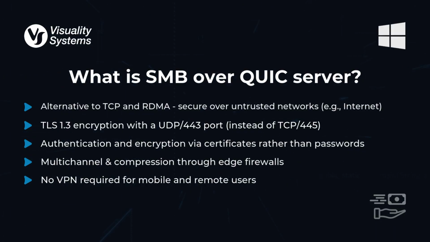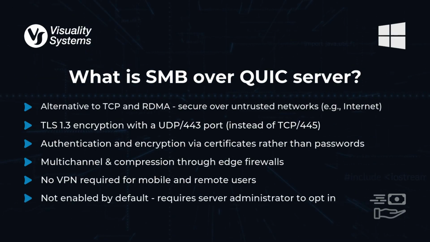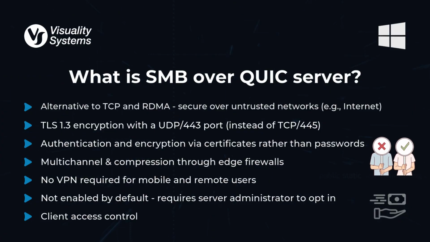By default, SMB over QUIC is not enabled, and a client cannot force a file server to use it. Instead, a file server administrator must explicitly opt in to enable SMB over QUIC. Additionally, client access control, covered in a separate video, allows administrators to restrict which clients can or cannot connect to